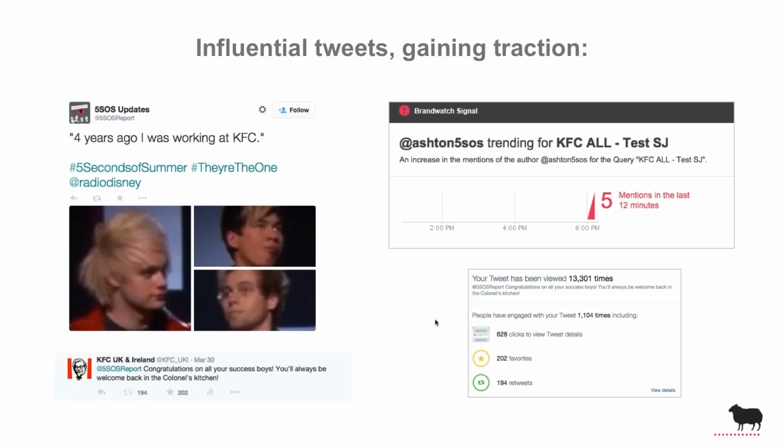And this is one that we picked up. Obviously, it isn't mentioning us. It was gaining a lot of traction. And so rather than spending a lot of time generating creative content, we simply replied. And actually, because these people have almost 6.5 million followers, that simple tweet created an ongoing conversation with various people who were taking part in the conversation, and actually generated one of the most retweeted and engaged tweets that KFC have ever seen. So that was a really successful way of using Signals to broaden our reach outside of our own community.